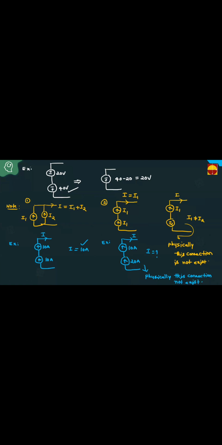Two different voltages are never connected in parallel. Two different current sources are never connected in series. That's simple. But two different voltages can be connected in series, and two different current sources can be connected in parallel. No problem. See, for example, friends,